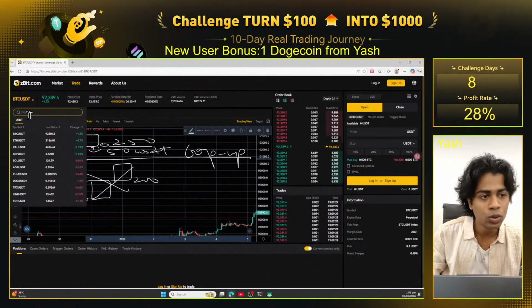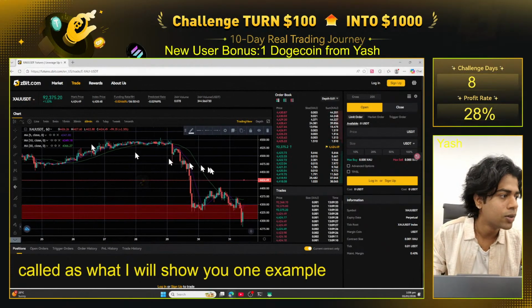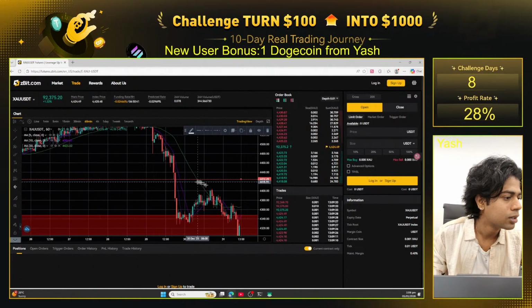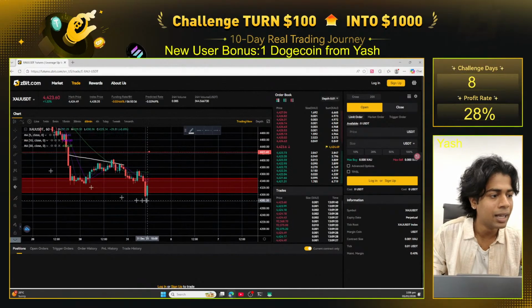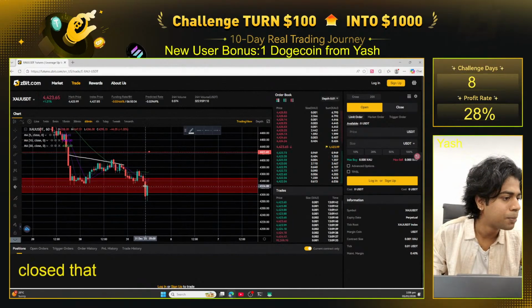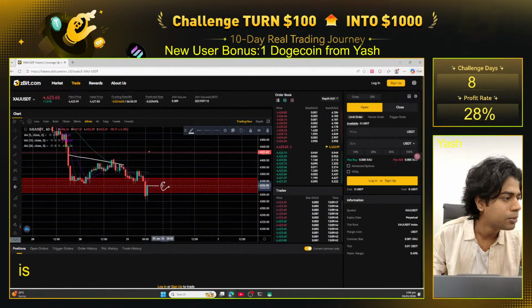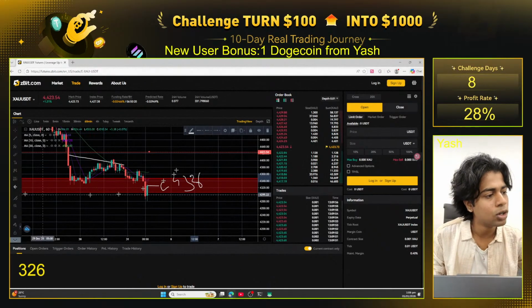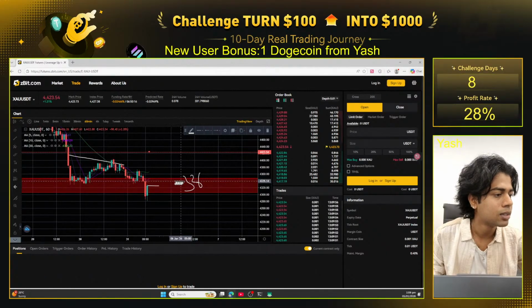Okay, let's go to today. In the morning only I saw it. See, ZAO USDT, if you go to ZAO USDT, this is a 50 USDT gap opening between the closing price. Can you see this candle closed at the price of what? The close of this candle is, let me just say, 4326. One second, I have very bad handwriting.